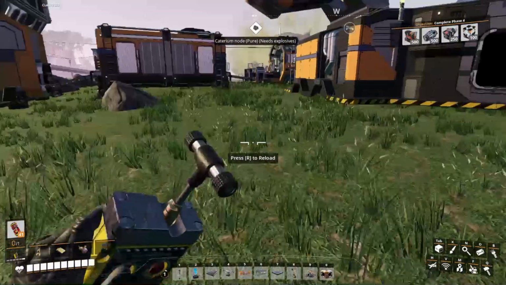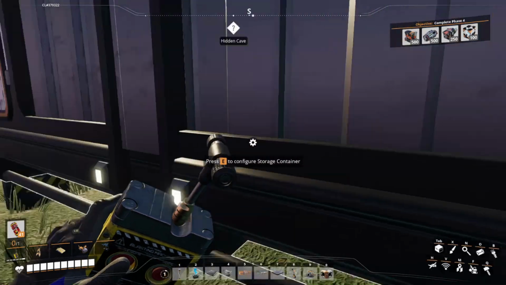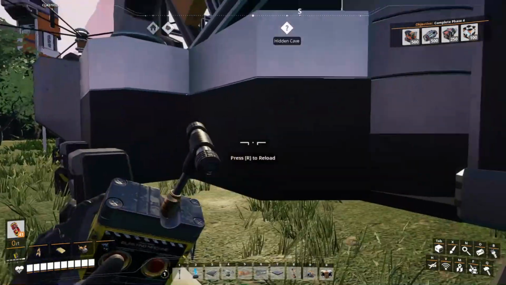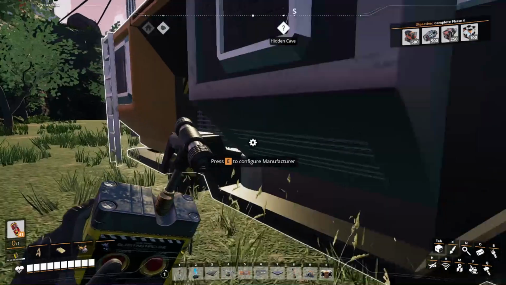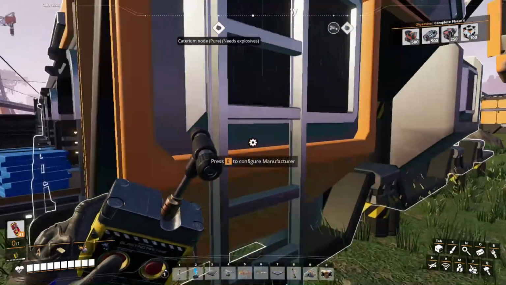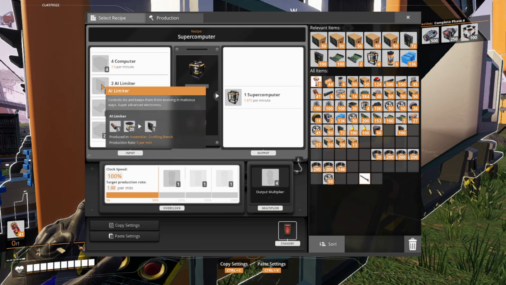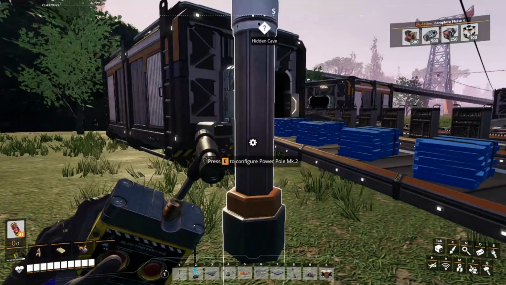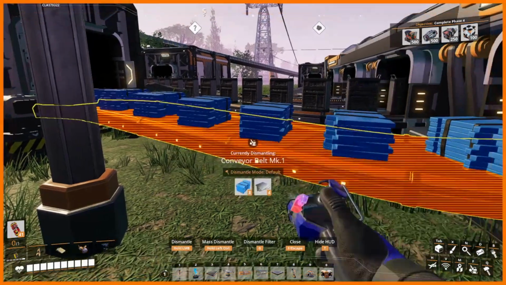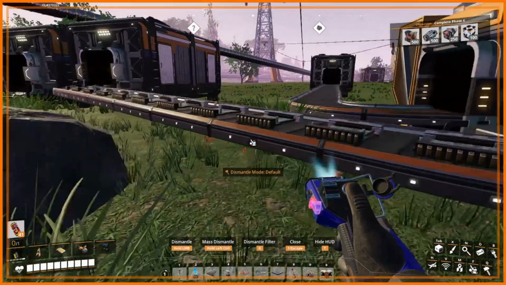Well, I'll keep the 250 supercomputers here for now. And then I'll take everything else out here, because, well, better shut this down so it stops accepting input. Take everything else out of it. Take these belts down too. Reason being, I'm going to need different